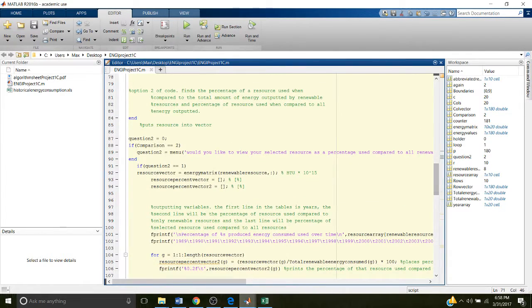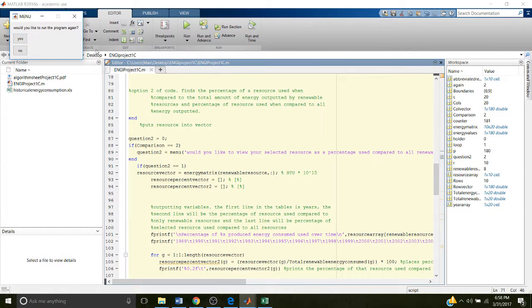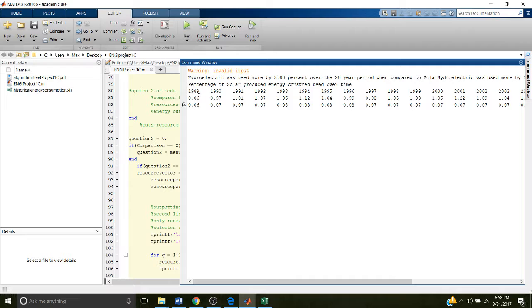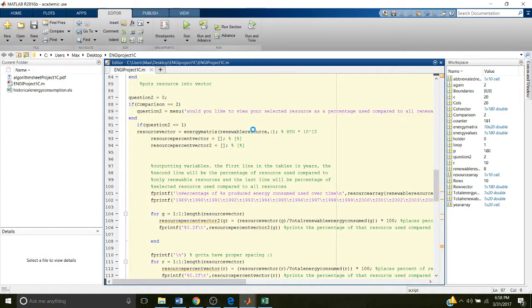And this time we're going to select no. We're going to view it as a percentage. So let's see what gets outputted. This is the title of the table. It prints out every year. And what are these percentages? So this was the question. It gets validated. Don't worry. From here,